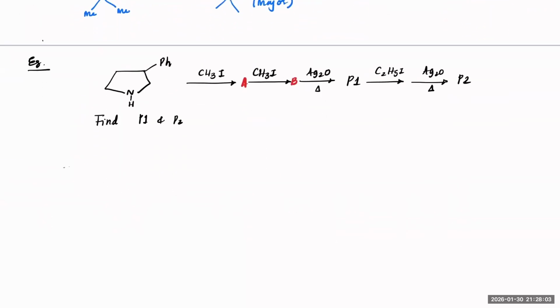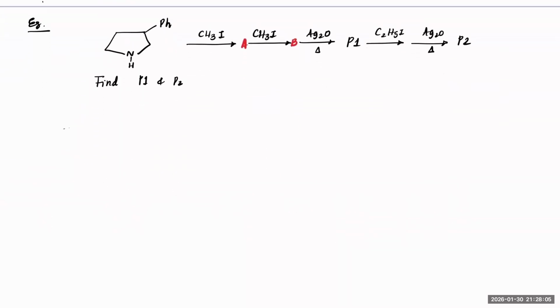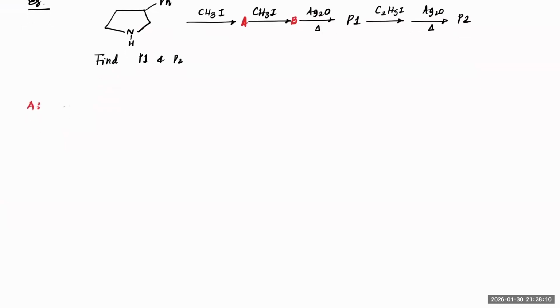Now, let's see what P1 and P2 are in the second example. First, what is A? A is a methylation that is taking place. After methylation, you will notice that nitrogen will have a methyl here and phenyl here. This is A, and this is methyl. B has two methyls on nitrogen, so we will have two methyls with a plus charge and phenyl. This is B. And after elimination, you will get a product P1, and the product P1 will be based on